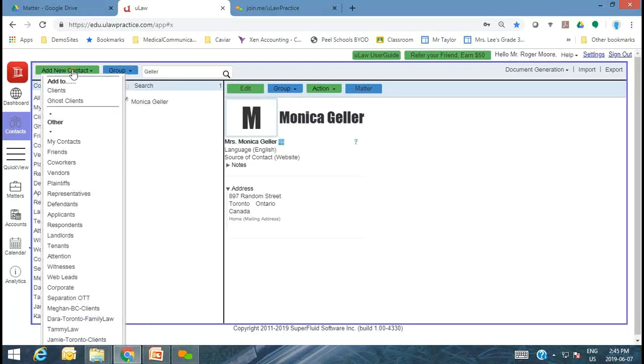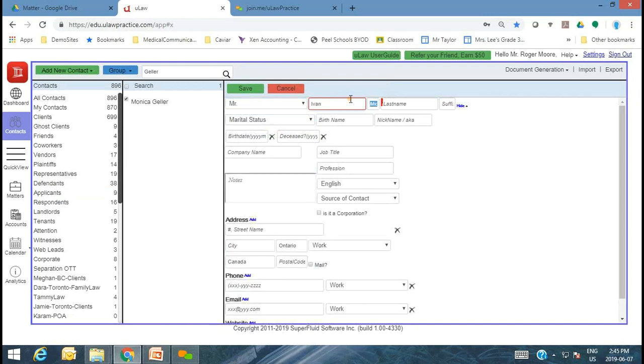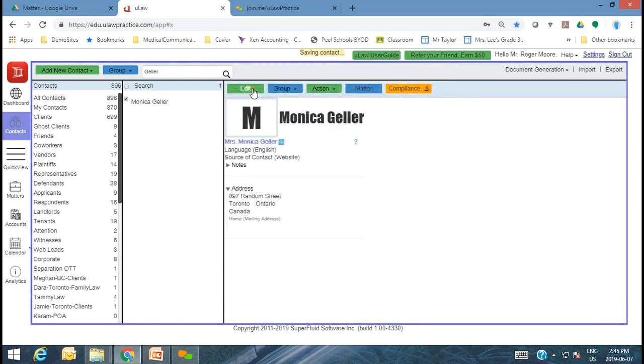You're going to add a new contact, and now you have the opportunity to categorize this contact, Ivan, as a relationship with your firm. So as of today, as you know it, you know that he is a defendant. So you can say add to defendants this new contact. Okay? So you can go ahead and put in random street, Toronto, home, marked as mailing address. So now you've saved